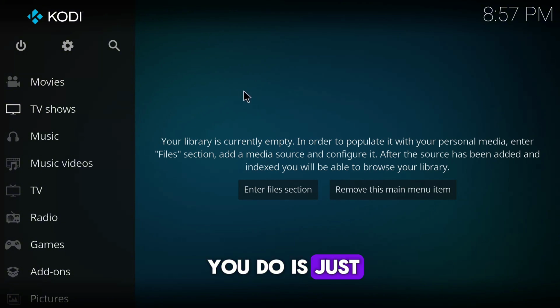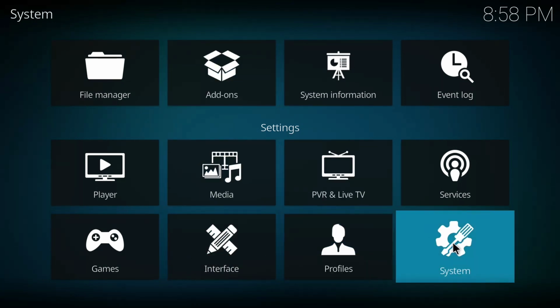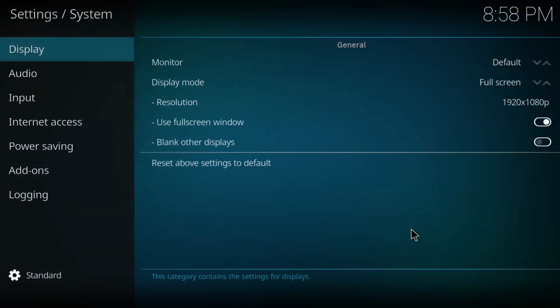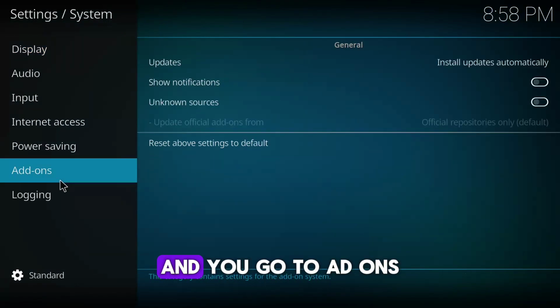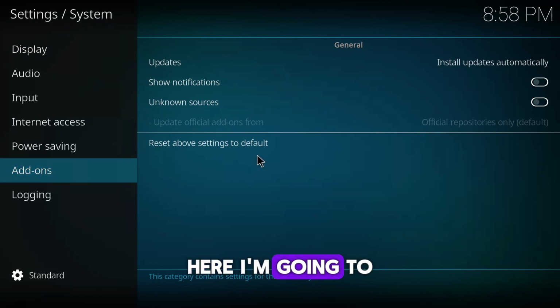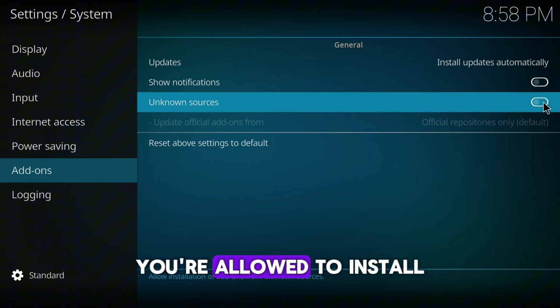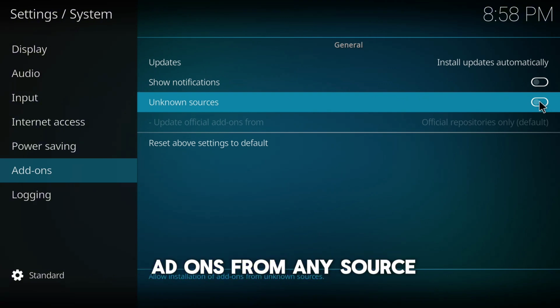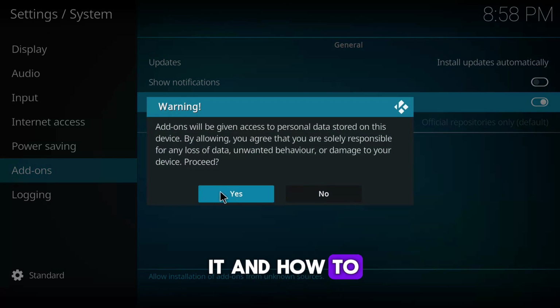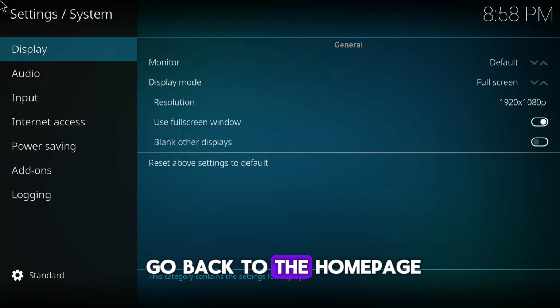So the first thing you do is go to settings, click on system, and go to add-ons. Here I'm going to check this unknown sources option so that we'll be allowed to install add-ons from any source. Let's check it. I have to click yes here. So after doing that, go back to the home page,